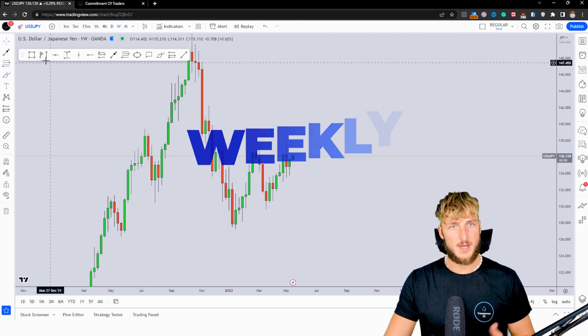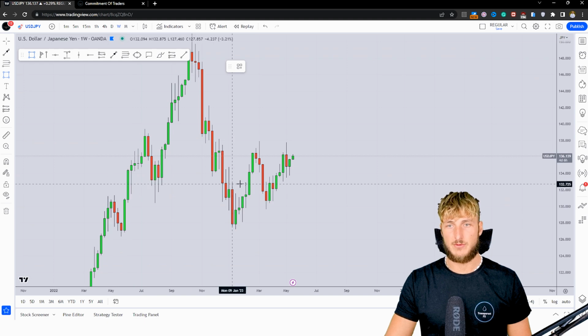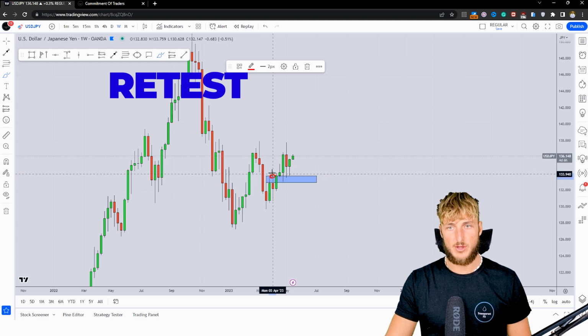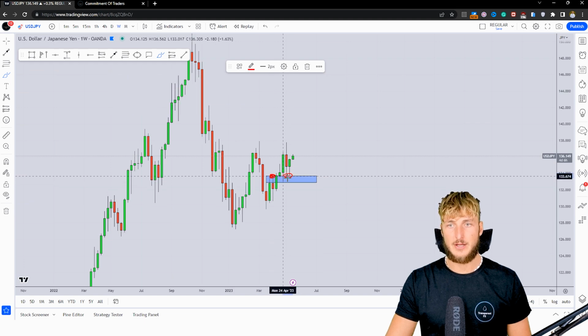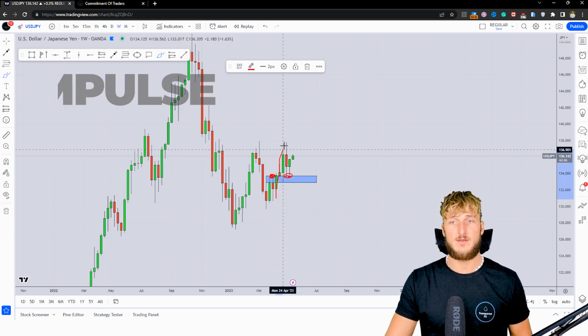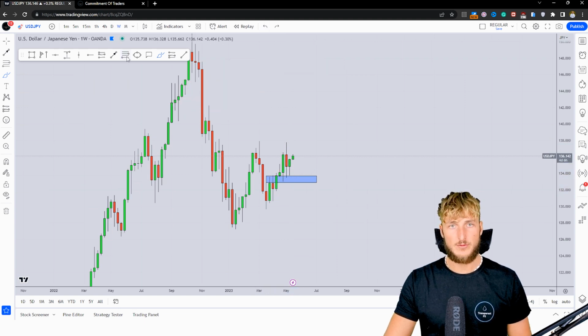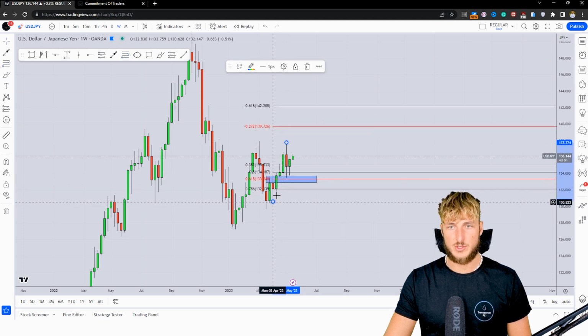Dropping down on the weekly time frame, what do we see? Now, from a weekly perspective, we can see a completely different scenario. In fact, we can notice how we just got the retest of this previous weekly resistance, now turned support here. And since we have an impulse and correction, if we want to measure the correction, what we have to do is take our Fibonacci from the low to the high of this impulse, which is from this low to this